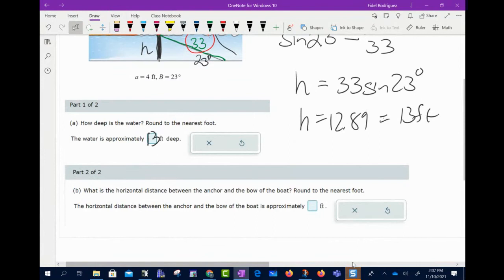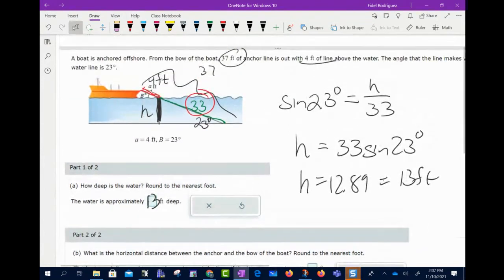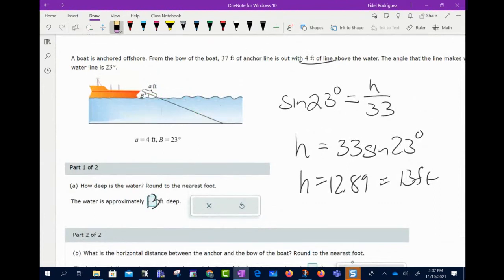Okay, so now it says, what's the horizontal distance between the anchor and the bow of the boat, rounded to the nearest foot? Okay, so look, y'all, I'm going to come back here. I'm going to clean up some of this mess. And we're trying to find the horizontal distance between the anchor, so here's my anchor, and the bow of the boat. So I'm really looking for